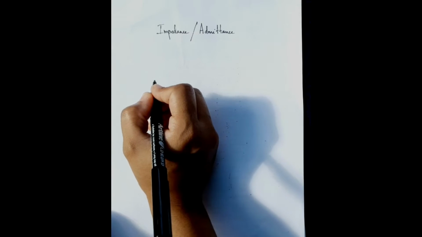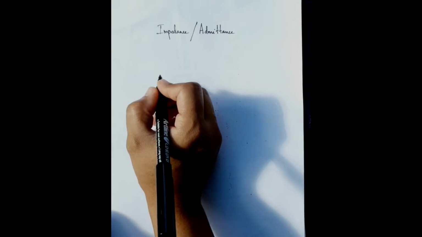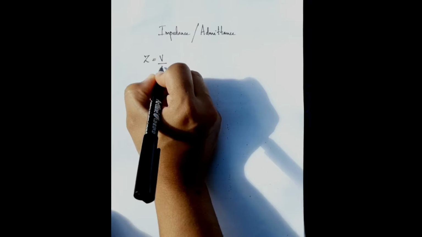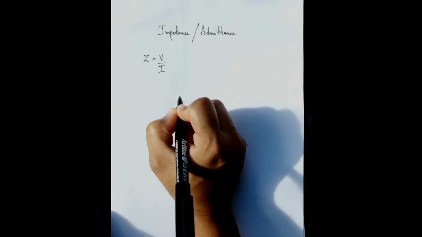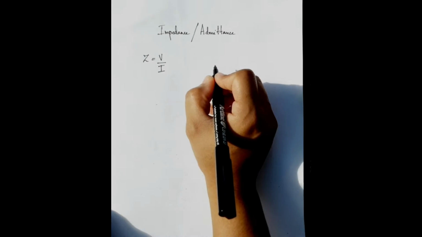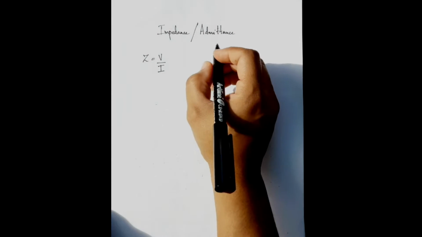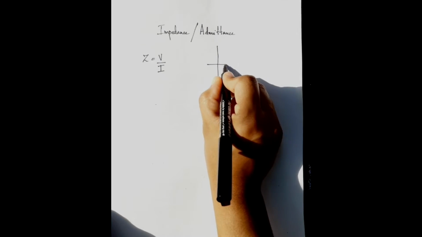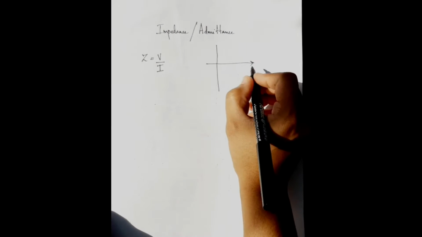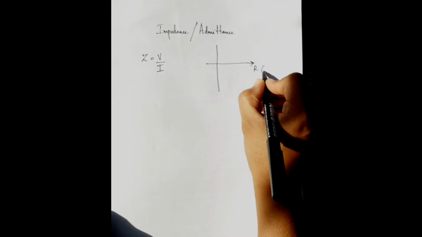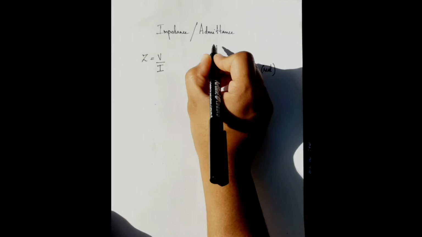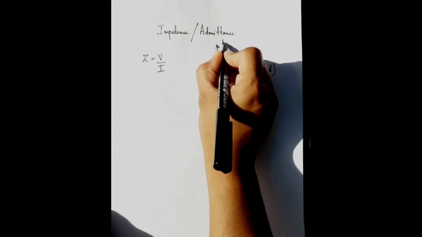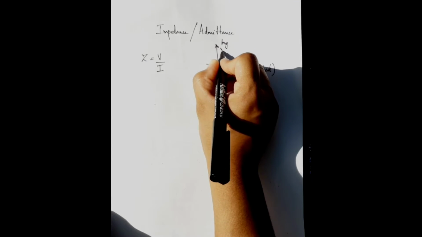We saw how to represent complex voltage and current in phasor notation. Now let's see impedance or resistance in AC network. Just like resistance in DC network, it is the ratio of phasor voltage to phasor current. Since both V and I are complex, impedance denoted by Z is also complex. It has the real and imaginary part. The real part is resistance. The imaginary part is reactance, denoted by X.